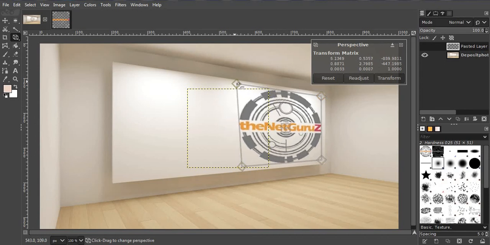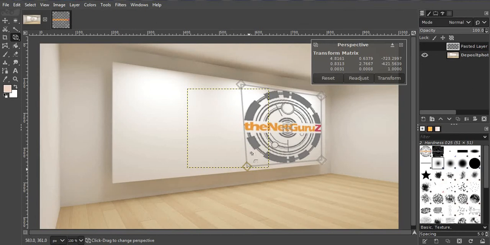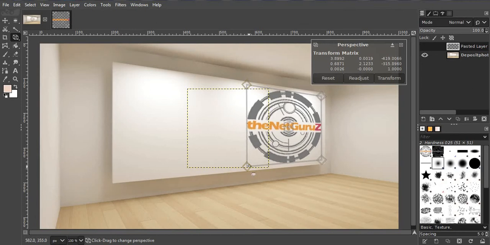And you can see that you can actually resize the image also. So we have to maintain the aspect ratio of this logo. It is a square logo. So I think this is good enough, and we have successfully changed the perspective.